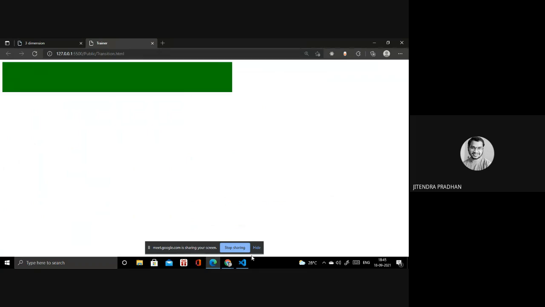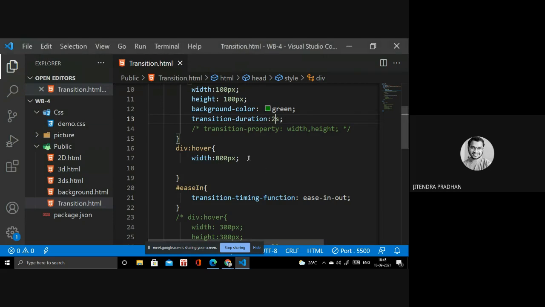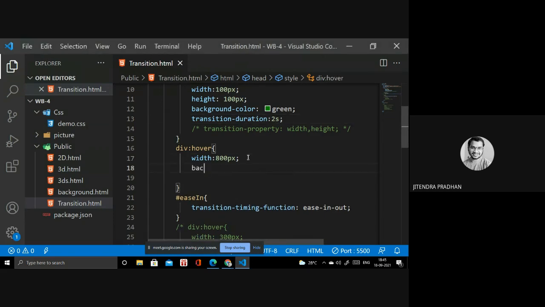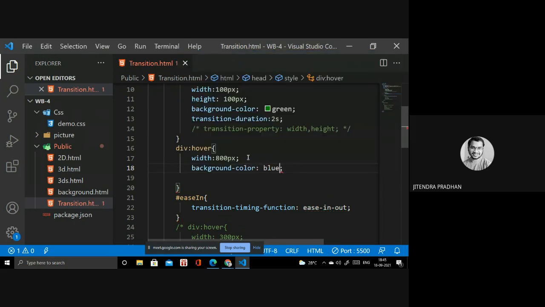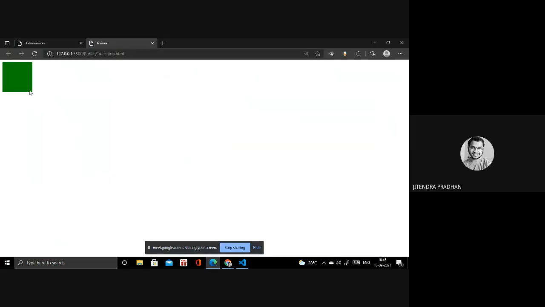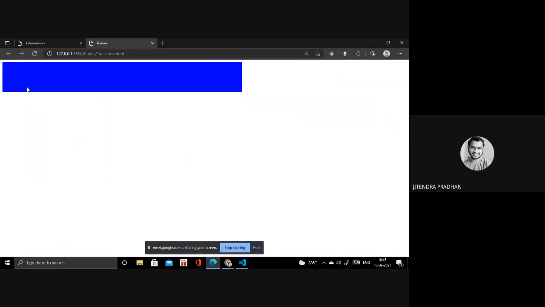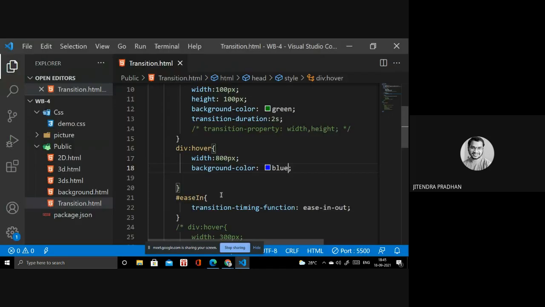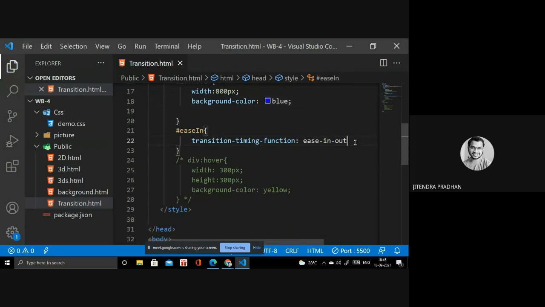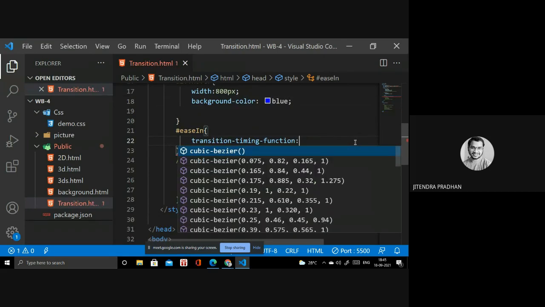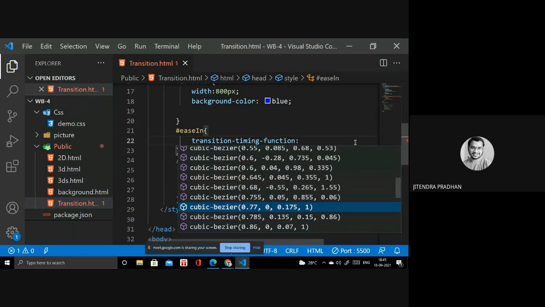It changes the size and goes to that. If I apply a background color on mouse over, it can be green or you can apply yellow as well. It automatically changes the size and color. So you can apply the transition timing function. One thing is that we are using an id, but you can use any id, not an issue. If I apply other properties in the timing function, there are others too, but if you go deeper inside that, you will understand better.